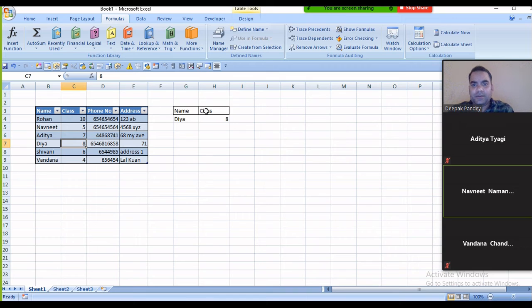So I made it dynamic, which means I can find the value using the name, and also find the value of the class and other columns as well.